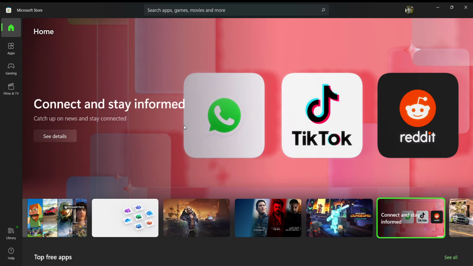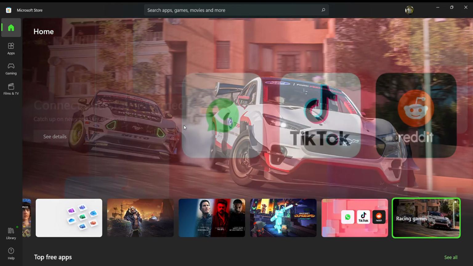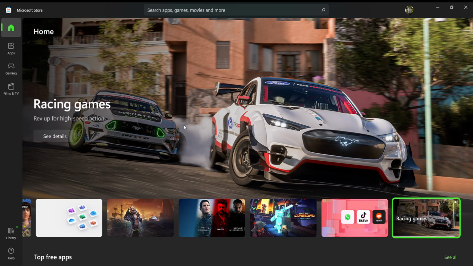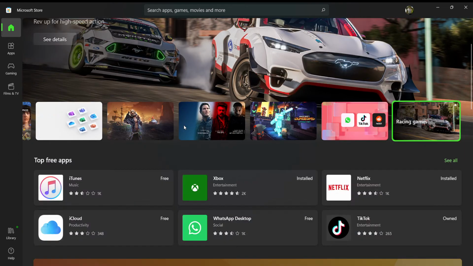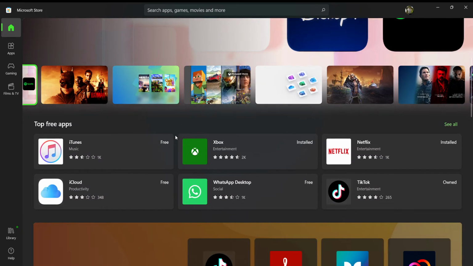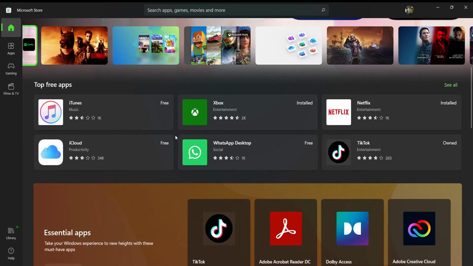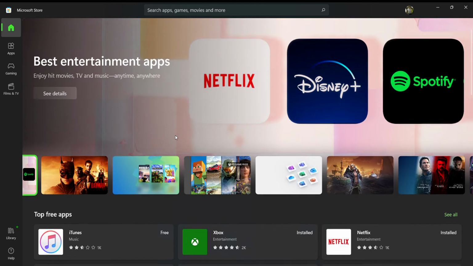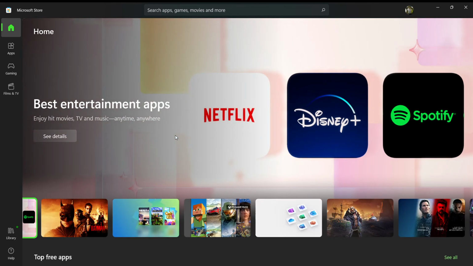In this video, I'll teach you guys how to download Reddit on your PC if you didn't already know. It's a really simple process which anyone can do if you just follow my steps and watch this video till the end. So all you gotta do is open up Microsoft Store on your PC or the desktop you are